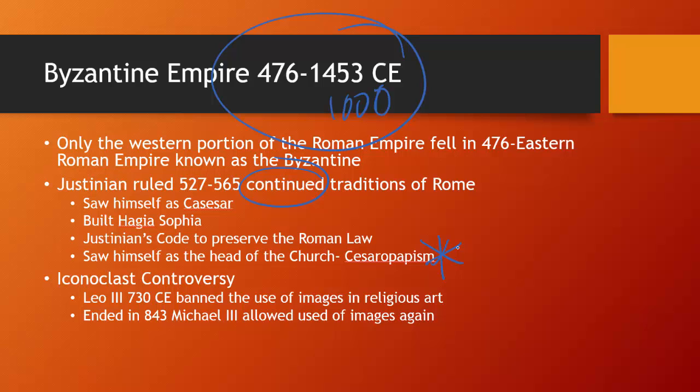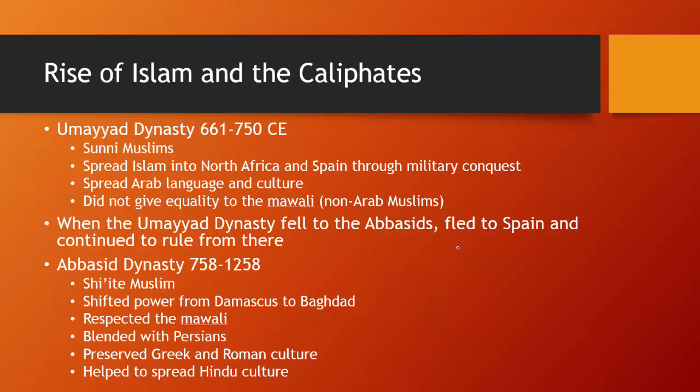So another major area you want to focus on is the rise of Islam and the caliphates. You could talk about how the Umayyad dynasty and the Abbasid dynasty are both theocracies. Hopefully you remember theocracy means rule by religion, because since they are both Muslim empires, they would be ruled by the Sharia, which is Islamic law. Also, you could talk about the split between Sunni Islam and Shiite Islam, because the Umayyads were Sunni and the Abbasids were Shiite.